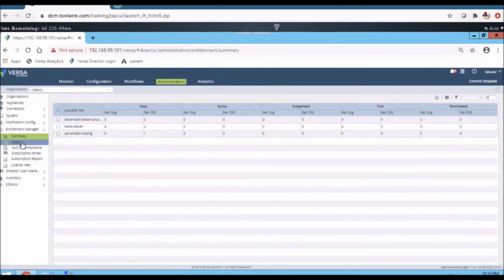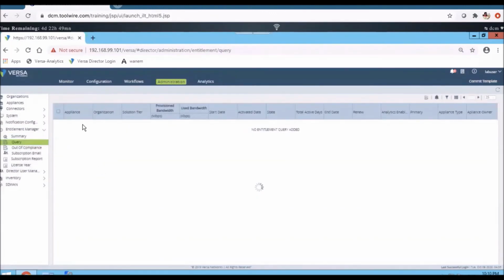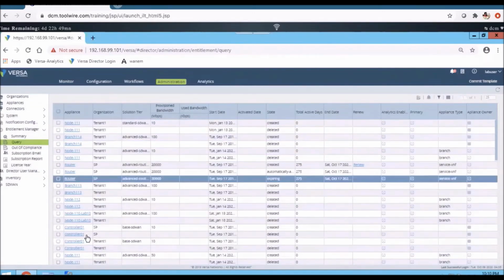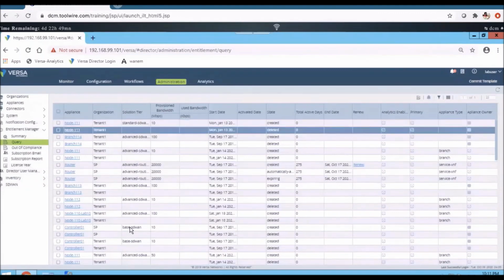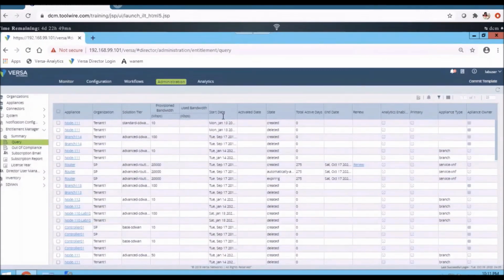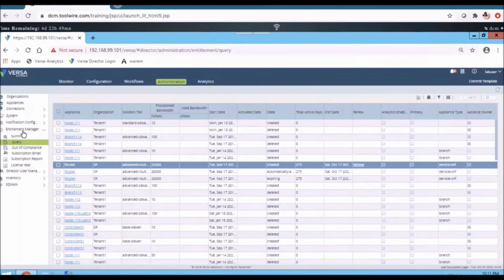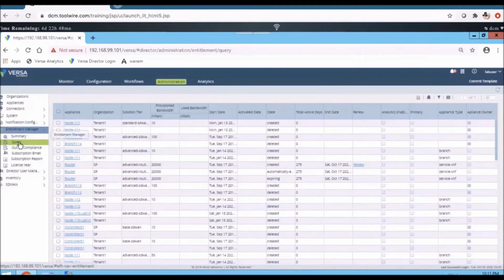I can go to this query and see what all the branches are onboarded to this director, what its solution tier is, what its start date is, and whether we enabled the analytics or not. All this information is part of this entitlement manager. This is very important, so let's talk about this in detail.